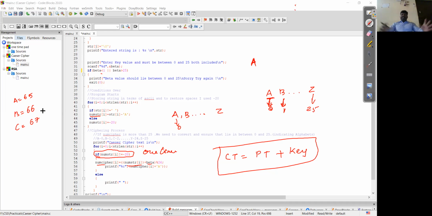Whatever keys are present in the keyboard, there are 104 or 105 keys depending upon the keyboard. Each and every key present in the keyboard, including the special characters. Suppose a key has two symbols, for example 7 as well as the dollar symbol, both symbols have different ASCII values.